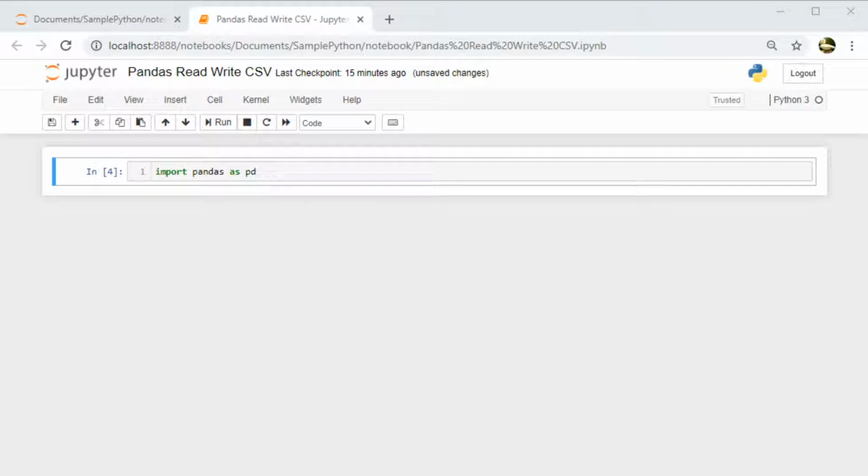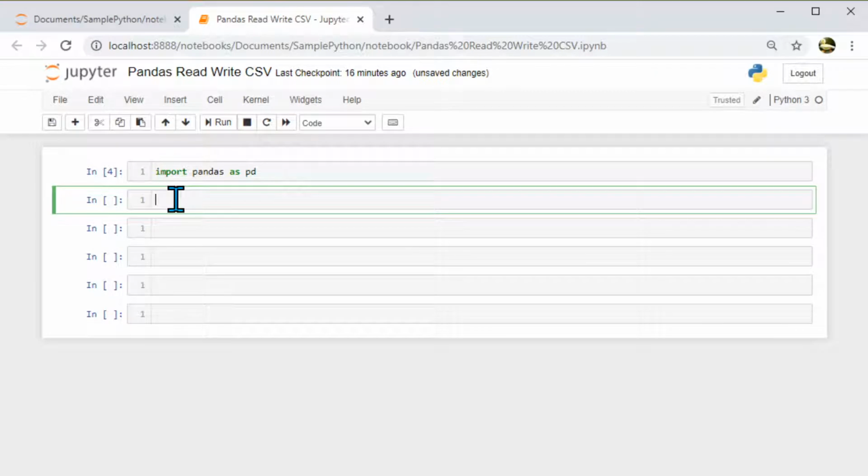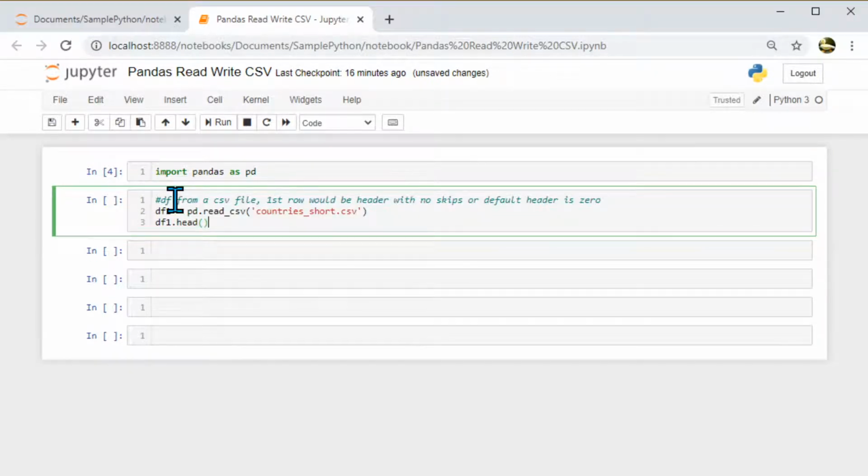So I have a file already in my system, and I have named it country.csv. If that is the case, there should be a way to include that in our Python program. So here is the command. I say pandas.read_csv. That means I am using this module pandas, which has a method read_csv, and to that method I pass the parameter countries.csv. That's the name of my file which resides on my computer.